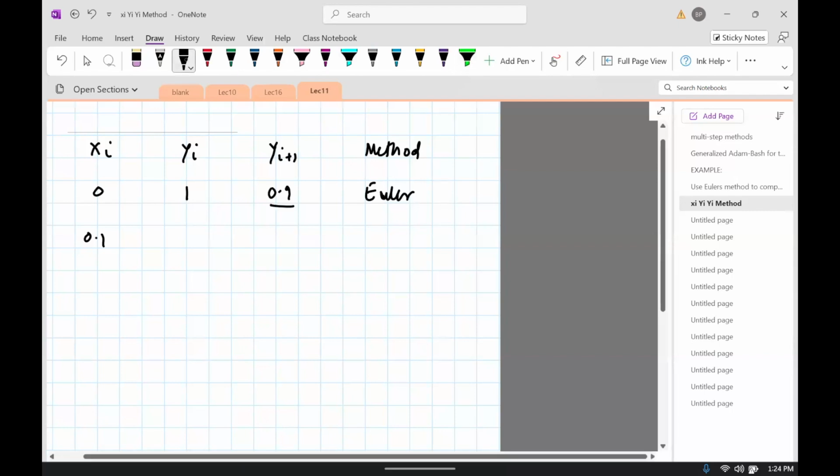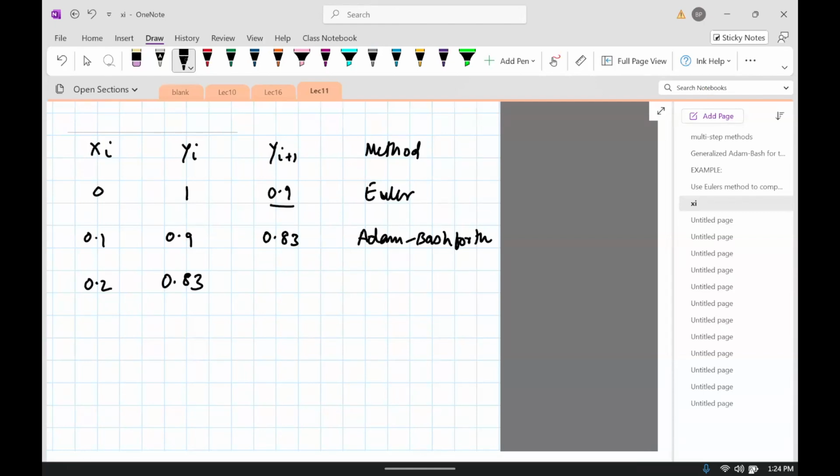Always carry this over here, then 0.83. I'll call this Adams-Bashforth. Then for 0.2, again carry this down. This is a calculation which I am not doing in the class, but you should do it at home. If you use Adams-Bashforth, you get